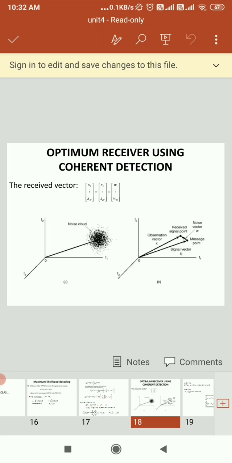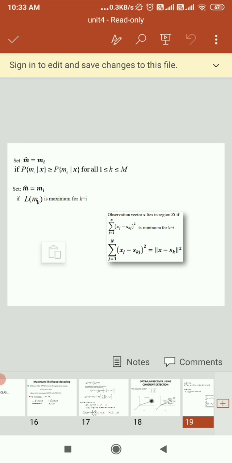And if you analyze this circuit, you will see it fulfills our criteria of detection. So here the sampled output of the integrator we can take as R naught of t, or x naught of t, equal to S naught of t plus N naught of t. So here you will get the sampled voltage due to the signal and the sampled voltage due to the noise.